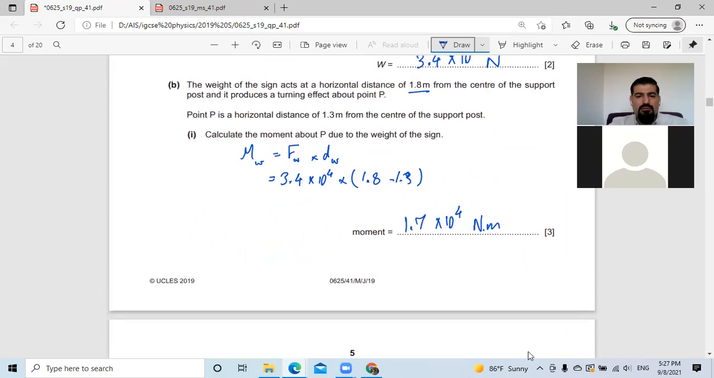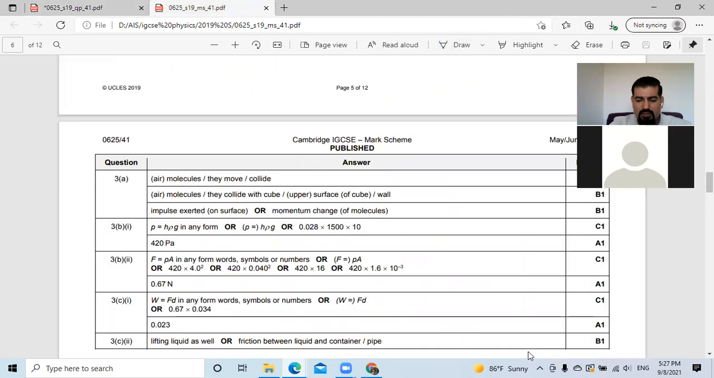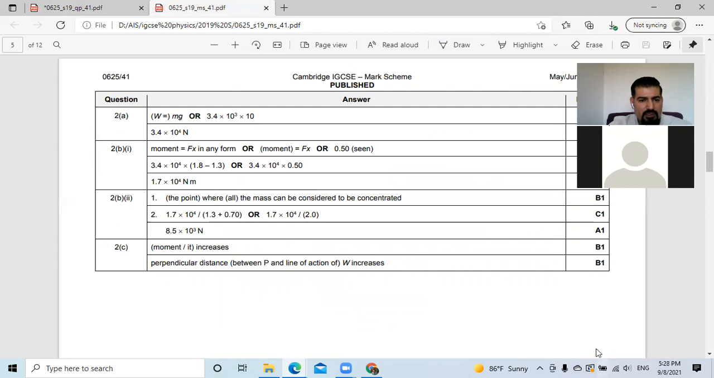Now let me check. We can check the mark scheme here to see that we get the correct answer. Yes, it's 1.7. Yes, good. Okay, now